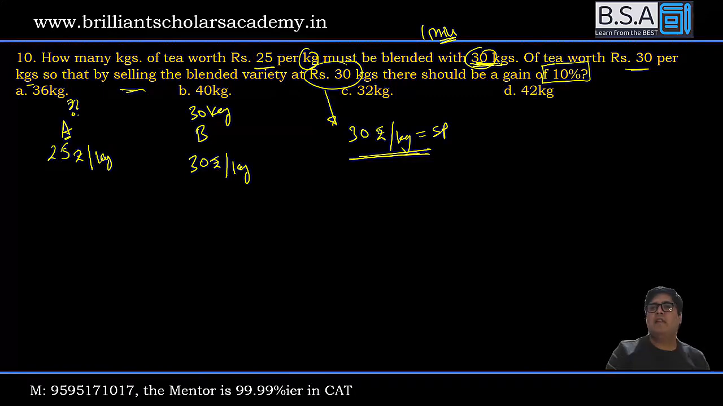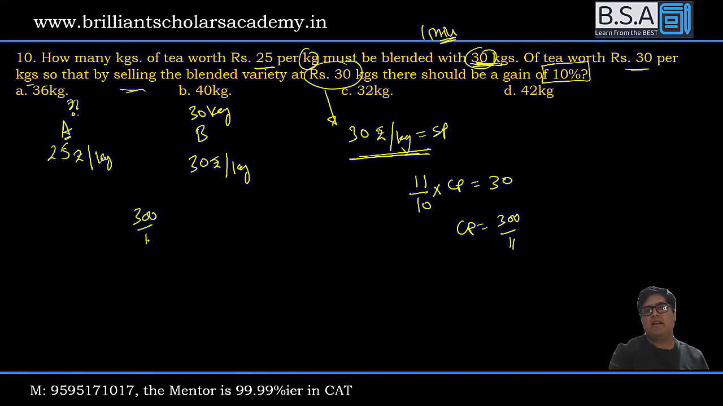So first you will have to work with the cost price of total. 10% profit can be written as 11 by 10 into CP is equal to 30. So CP is equal to 300 by 11. So I'm going to put 300 by 11 here